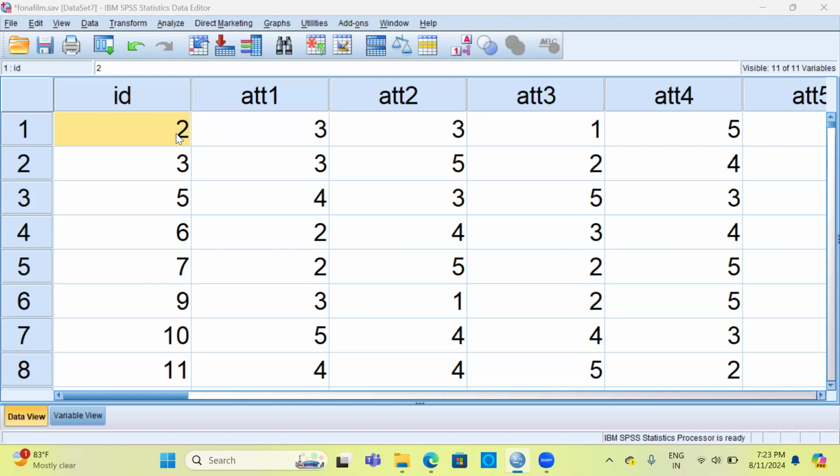My name is Mithun. In today's video, I'll be talking about how to rank Likert scale items using SPSS. Even before I proceed to demonstrate how we rank Likert scale items using SPSS, may I request you to